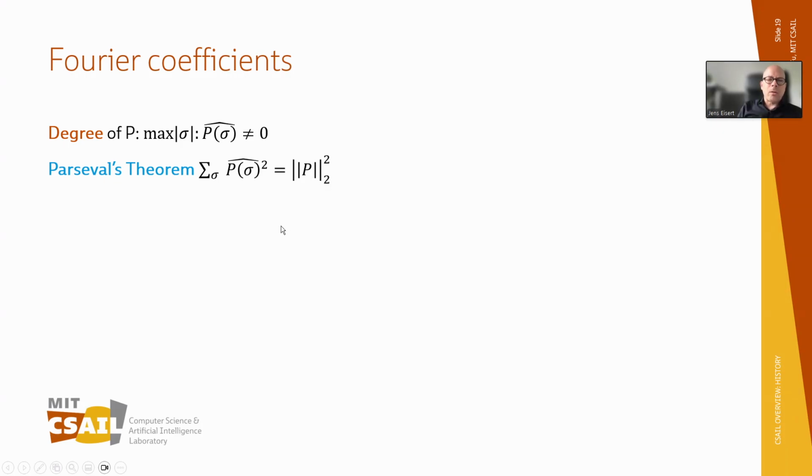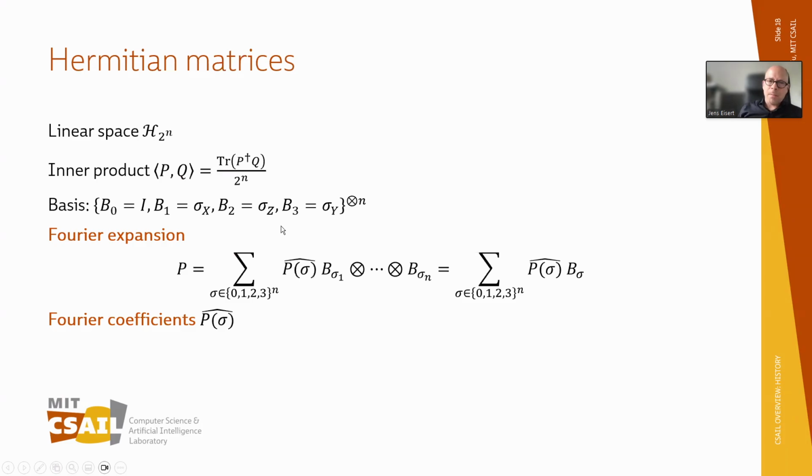This I understand, but just to be sure on the previous step, sigma is a string, right? With entries from 0, 1 to 3, labeling the Paulis, and the 0 would be the identity. So the weight is the number of non-zero entries, aka the non-identity Paulis. Is this correct? Yes. Very good. Yes, 0 is identity, so we count all the non-identity ones. Okay, I got it.